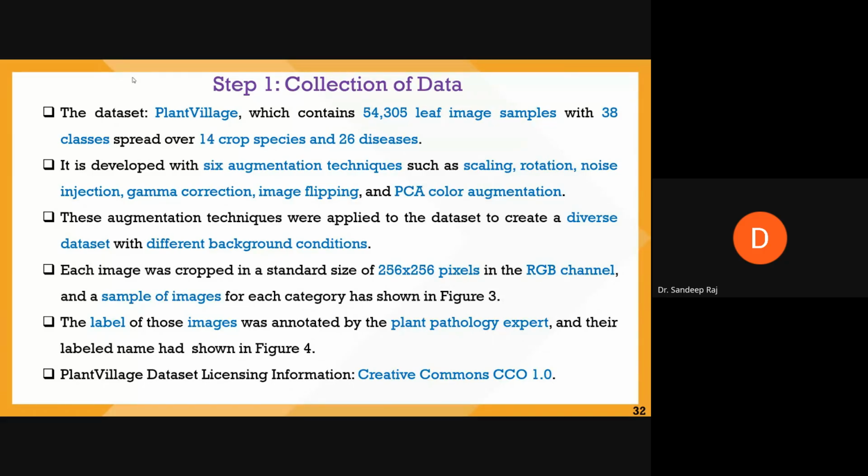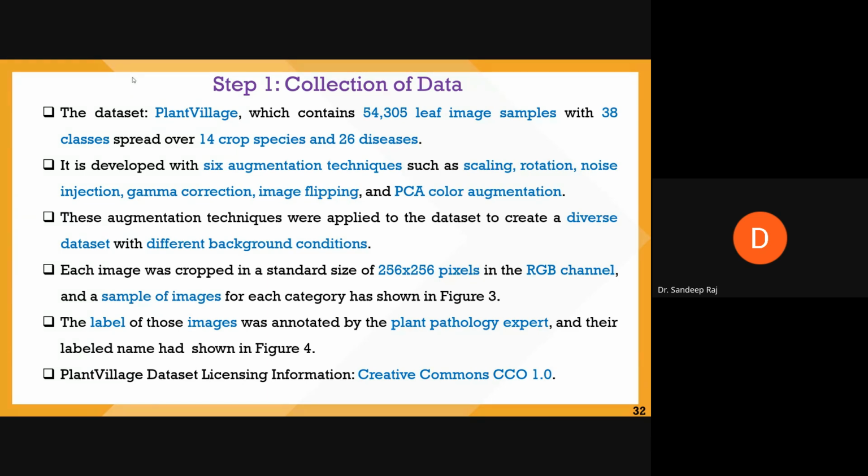If somebody is interested in this domain, he or she can explore the PlantVillage dataset. It contains 54,305 leaf image samples with 38 classes spread over 14 crop species and 26 diseases. It was developed with six augmentation techniques, such as scaling. Scaling is defined as the zooming or contraction of the image. If the scaling factor is less than one, then the image will be contracted, and if the scaling factor is more than one, then accordingly the image is going to be scaled up, or technically larger,